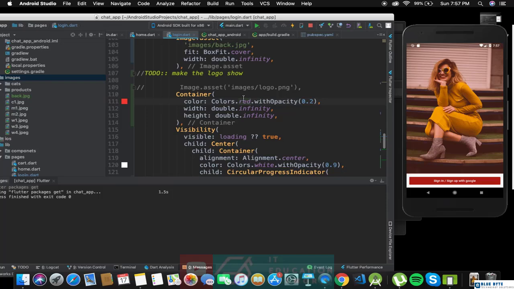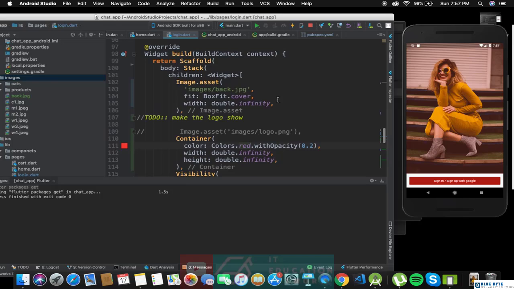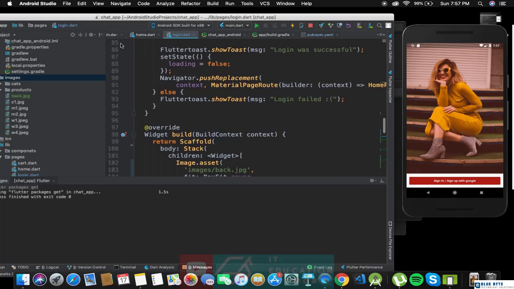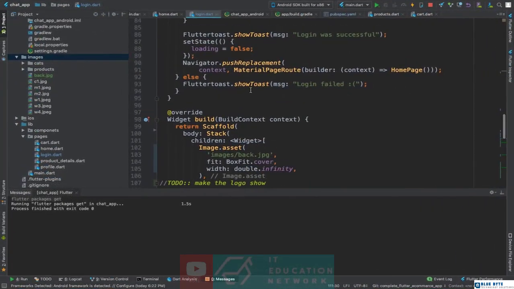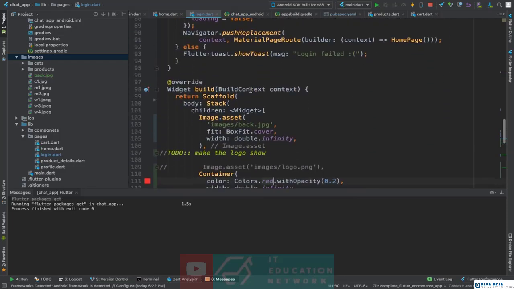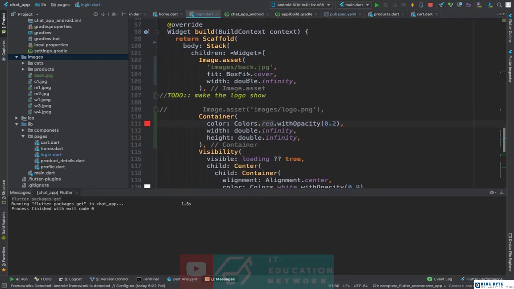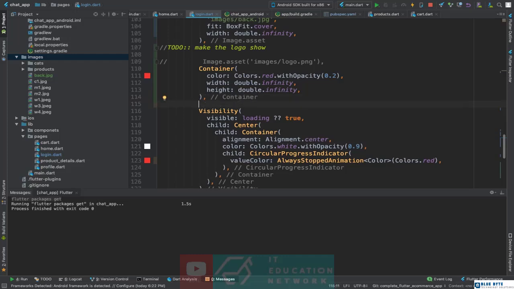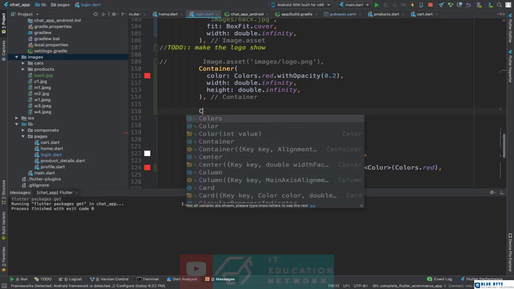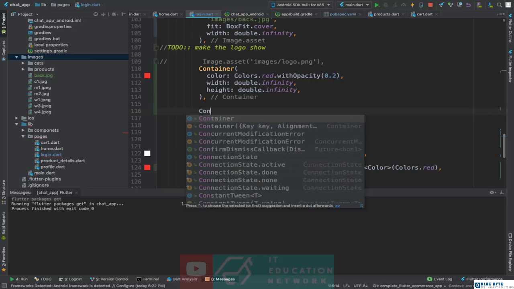Now, what do we want to do here is we will want to add a form, a login form. So I'll put this on full screen for now and I'll go back. We have our stack here, container defining our colors, and let me add another container. Okay, container,